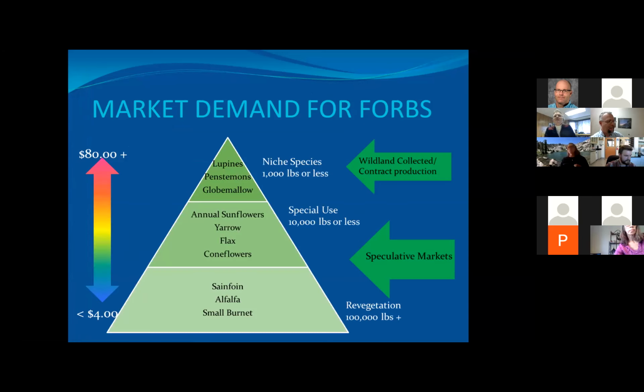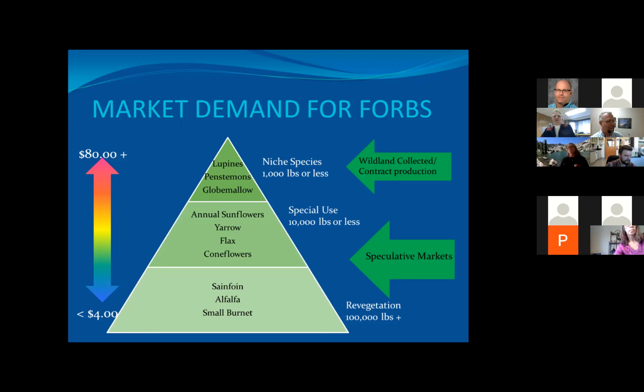So this slide might help, especially people who are looking at getting into some kind of farming of natives, or who are buyers. And if you're a longtime buyer, this is intuitive from the very beginning, but the values of different crops. So the more specialized, or if I say the more native, that doesn't really mean anything, but I think a lot of you will understand.